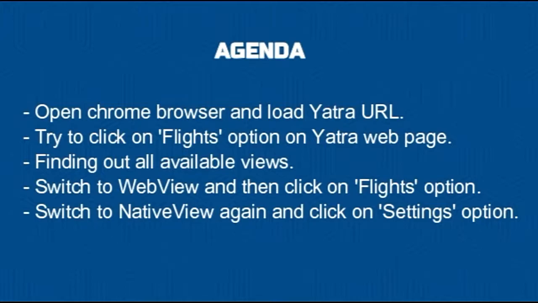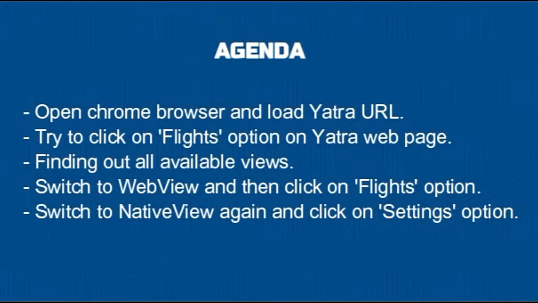So in this scenario, if you observe, I'm making a switch from one view to another view and performing particular actions. In your automation scenarios, you will be finding some challenges where you are not able to click on a few options which might be available on a different view. So if you are facing this problem, you will analyze that everything is fine, the locator is fine, but even though it's not able to click on that, there may be a problem like it is available on a different view, and you are trying to click